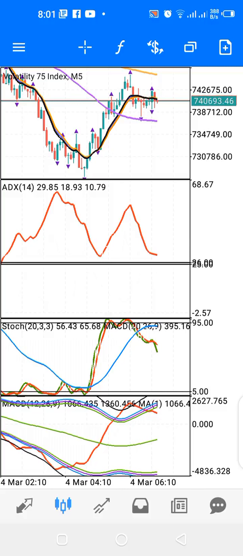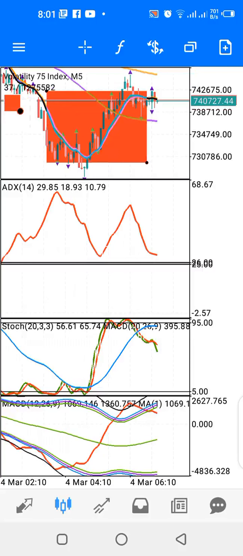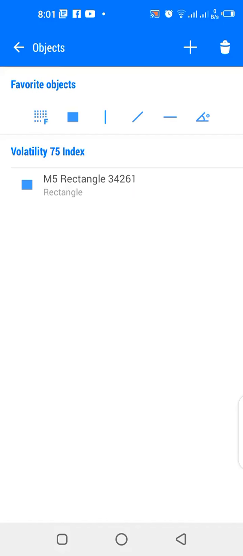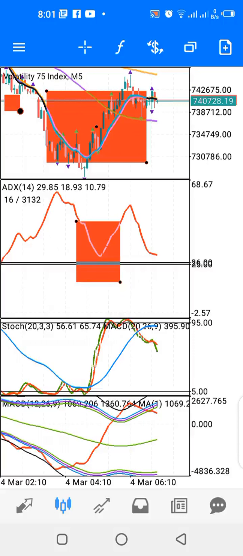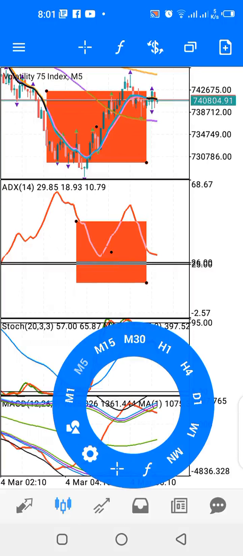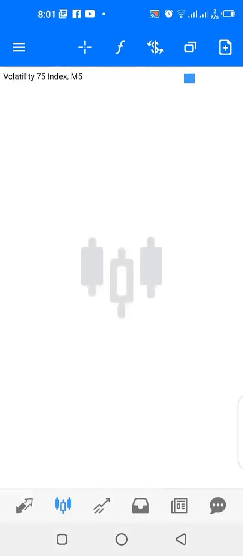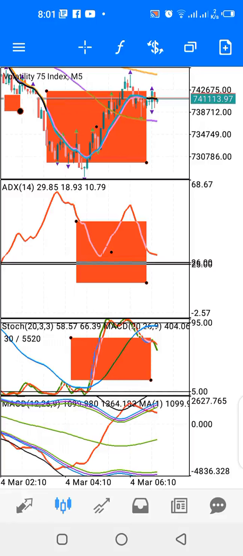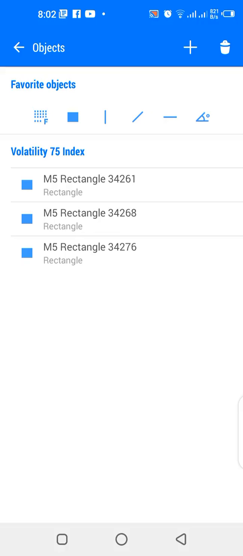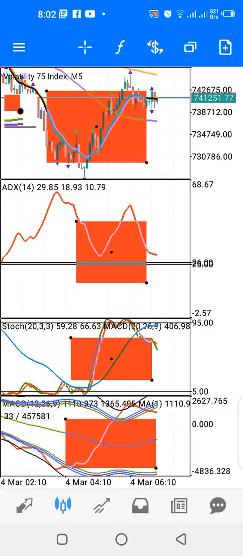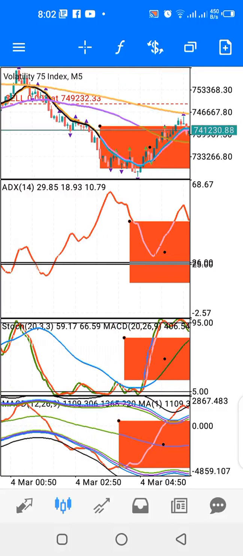I have the main window. This is the main window. I have indicator window 1. This is my indicator window 1. I have indicator window 2. This is indicator window 2. And I have indicator window 3. This is indicator window 3. All right, now the way this strategy works is